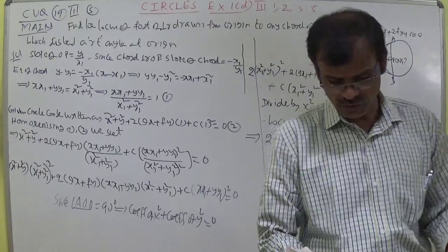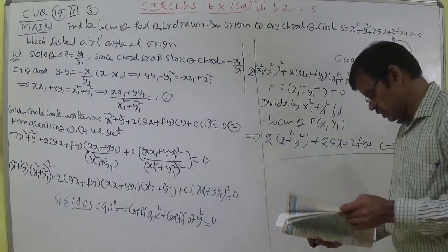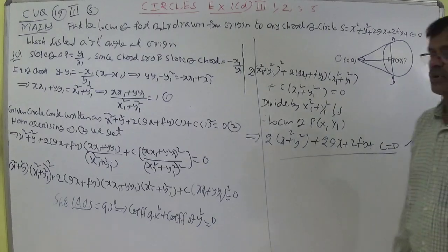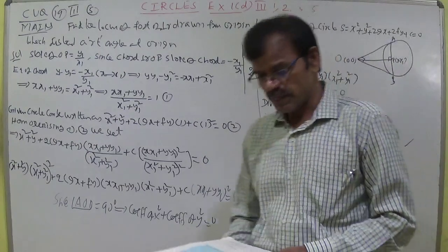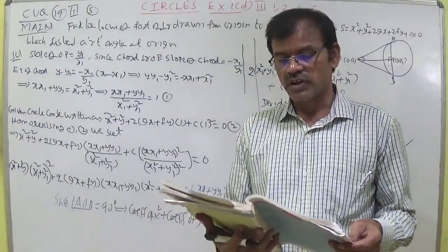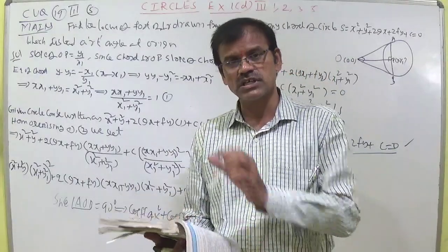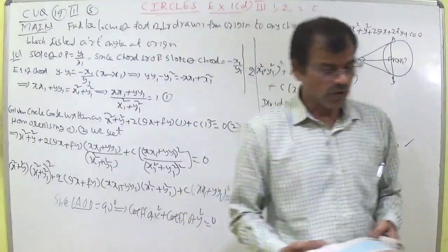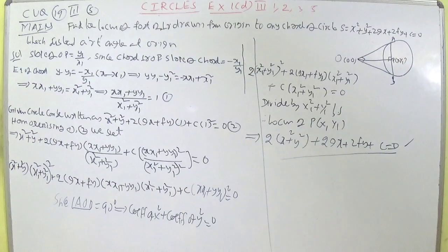Because this is CUQ important, I know very well. 2 into x square plus y square plus 2 into 2gx plus 2fy plus c equal to 0. For objective to CUQ 19 I said, there I will not be handling the question, try to understand, write the question. Whenever we are facing the objective question, same answer you write in that notes. Now, we have completed successfully exercise 1D.